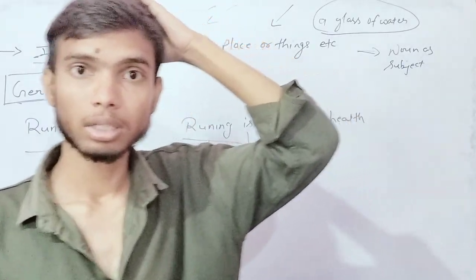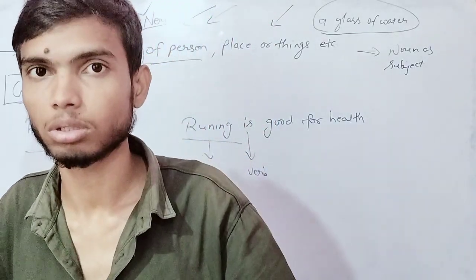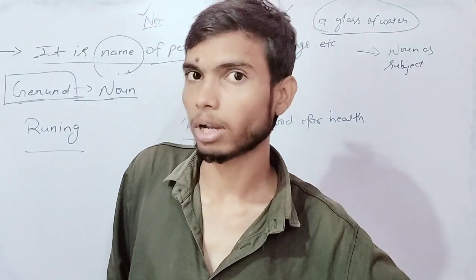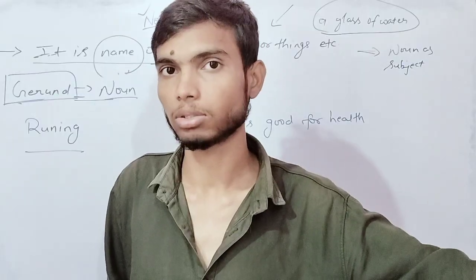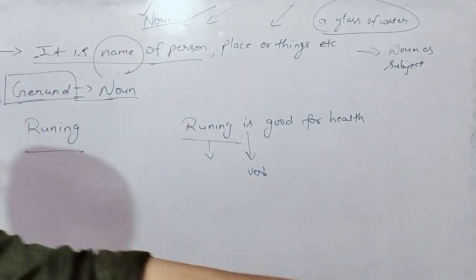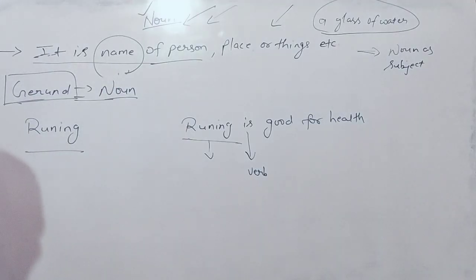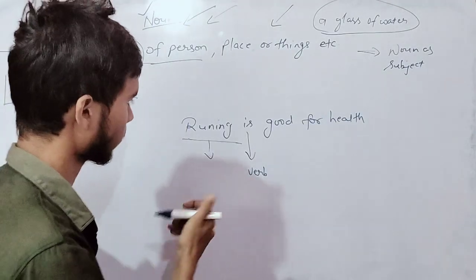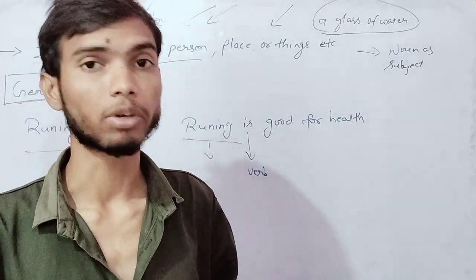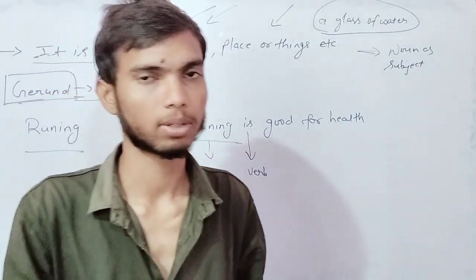The subject would not be doing something when we take a verb as a noun. In that sentence, that noun would not be doing something. Here you can see running is a something. Something is a something. Subject is a something. Clear? There are a lot of verbs that we can use as a gerund noun in a sentence.